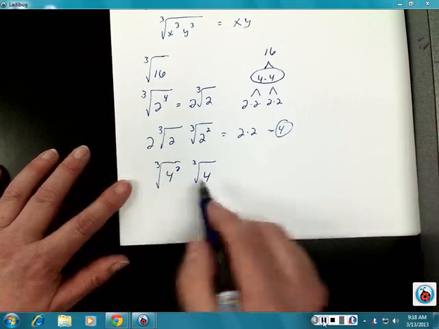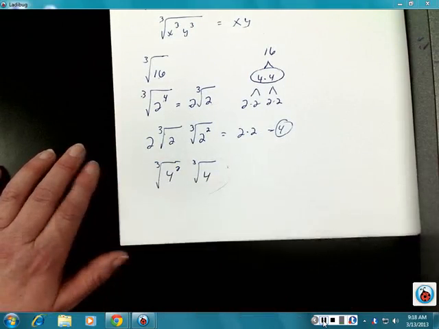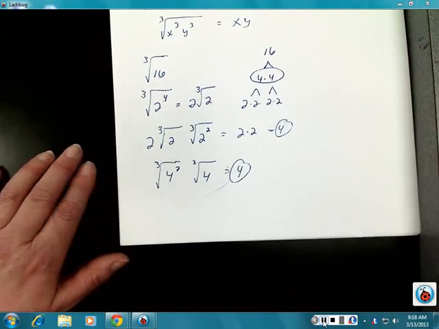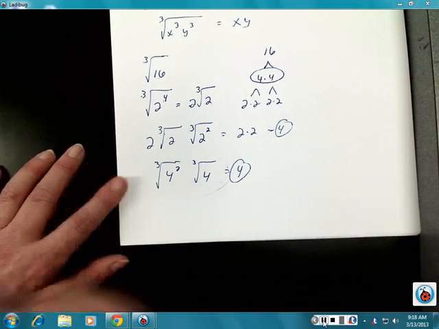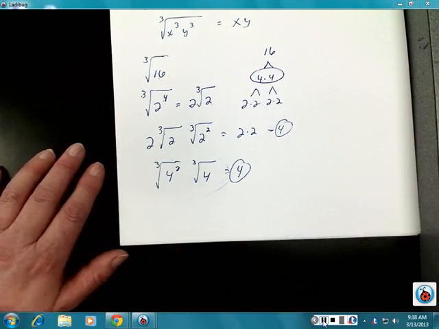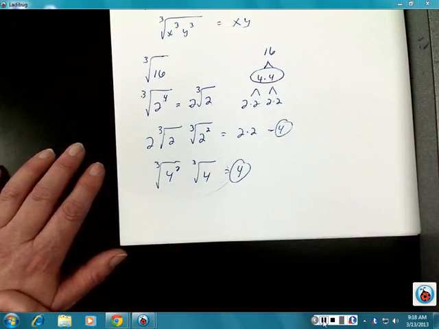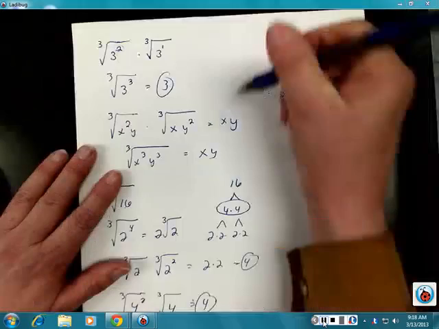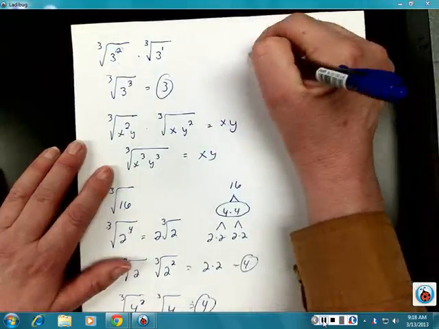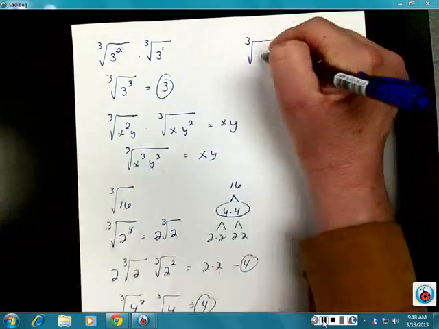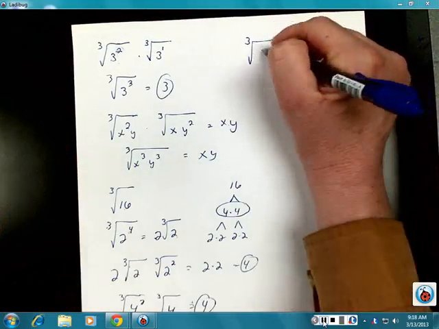Okay? So wherever you happen to see your piece, that's what you'd come up with. Notice I still got the exact same answer of 4 when I did that. So you have to be careful and watch for pieces that are going to make those perfect cubes. Yes or no? Should we do more of those kind? Okay. Another one might be the cube root of